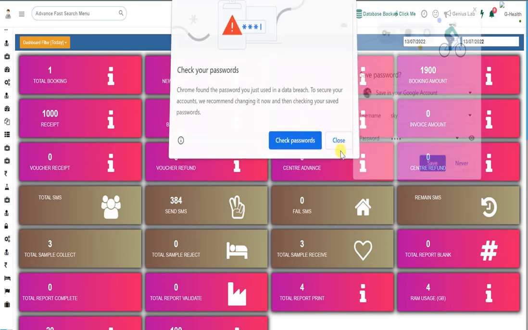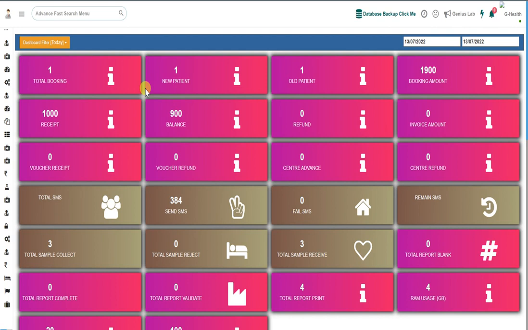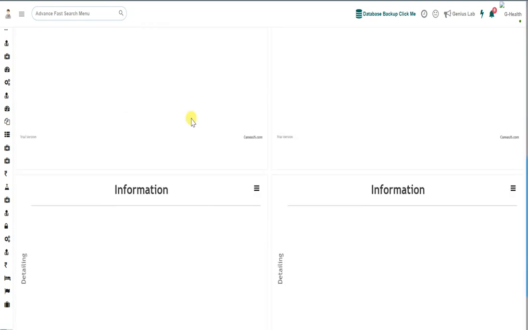Your dashboard will show all the information related to your software, like total booking, new patients, all patients, booking amount, collection amount, refund, voucher refund. All of the information which is stored in this pathology software will be shown in this dashboard.